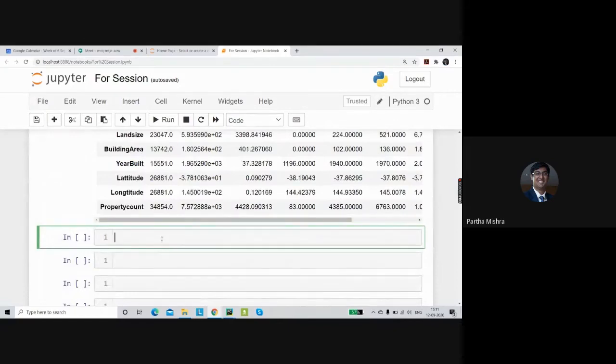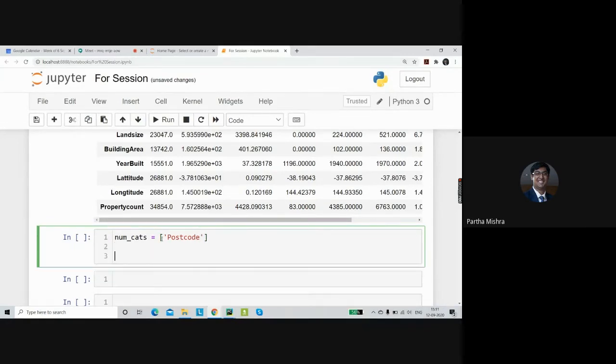Let's say I'll just mention it as numcats, and here I'll pass in postcode. This we need to change.